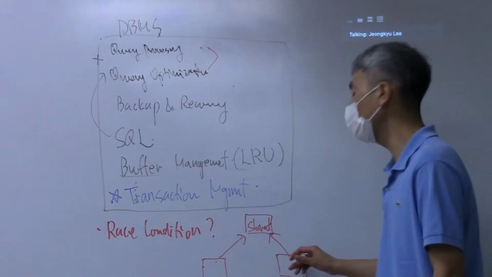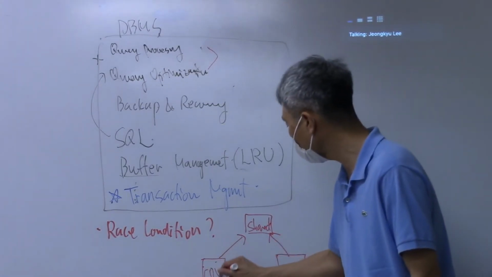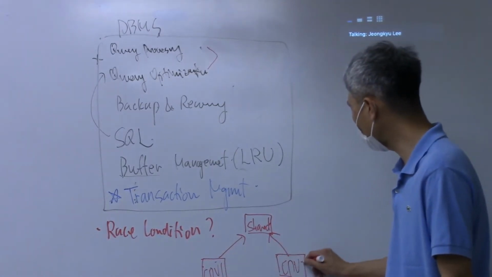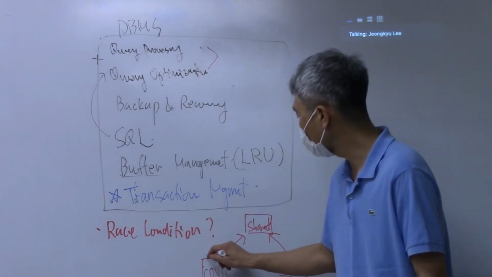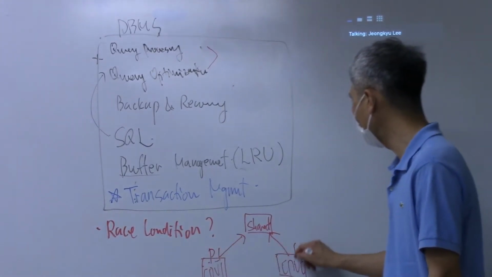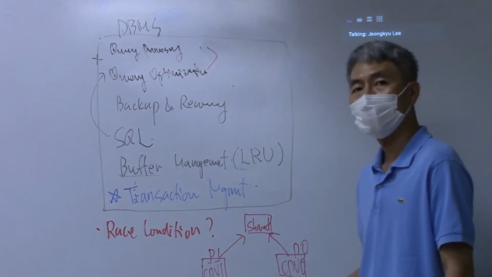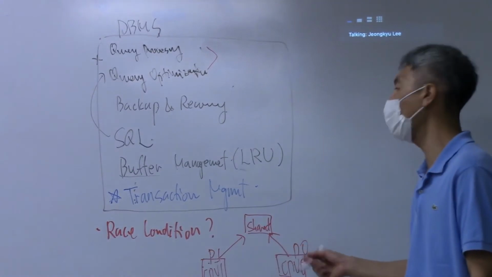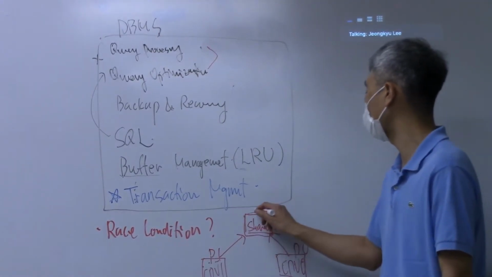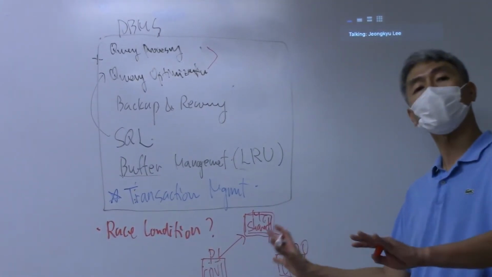If there are two consumers, like CPU 0 and CPU 1, each CPU runs a process, process 0 and process 1. When two separate processes are accessing the same shared data in memory, this happens a lot